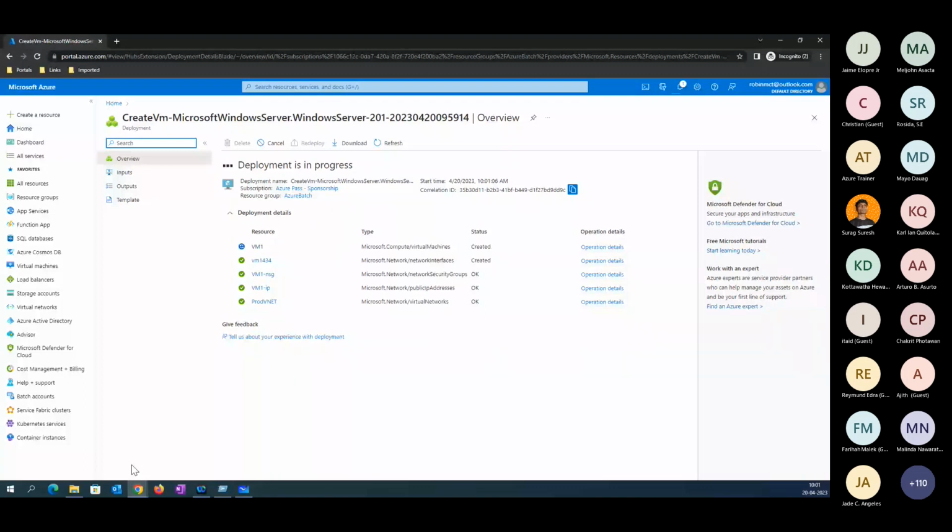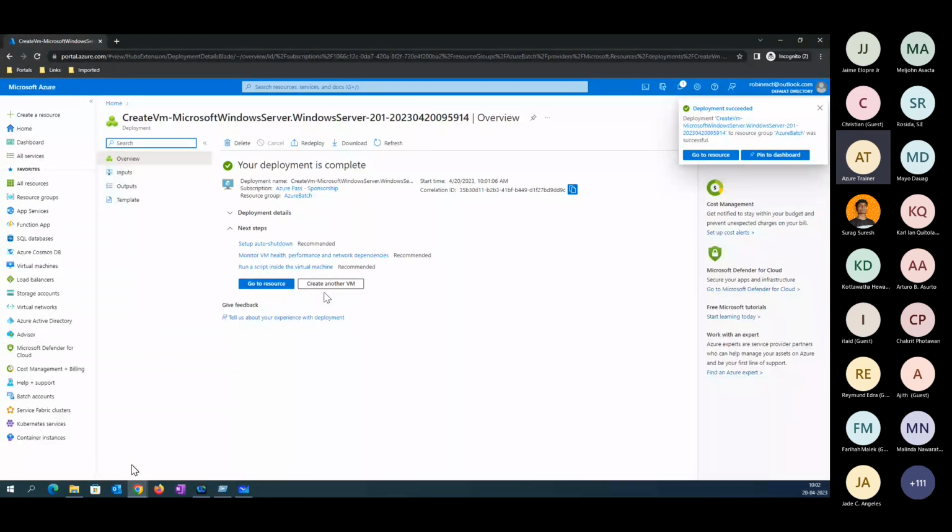Right now, in the VM we are creating, I forgot to remove the public IP address. Let me go and clear that. Let's wait. We have created a VM.